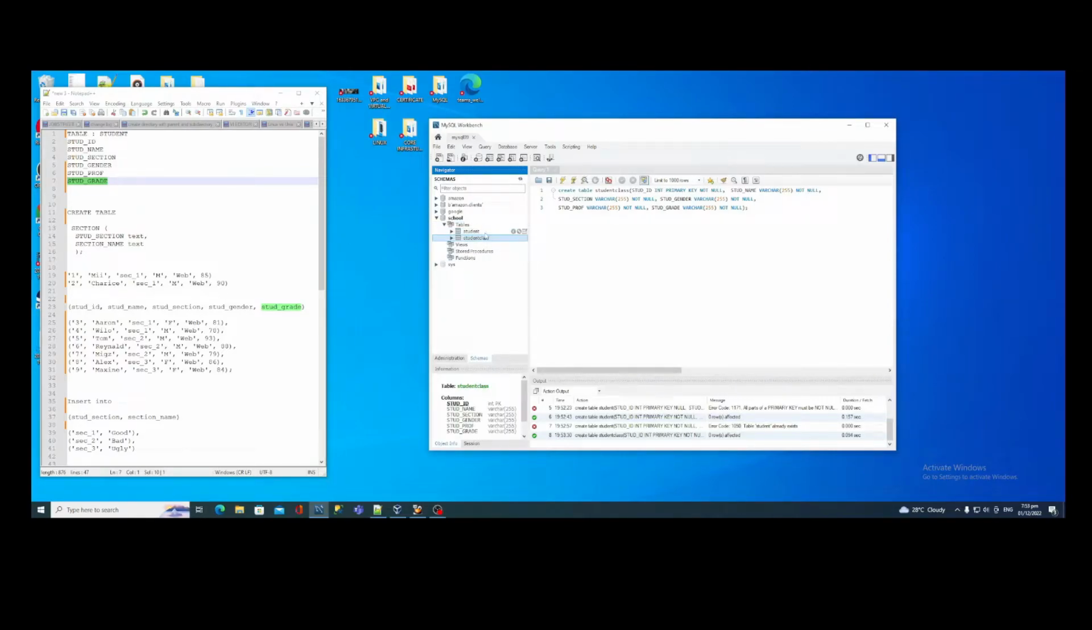We doubled it. So, how to drop a table. As you can see, we have two tables here. So let's drop the second table. So, drop table student